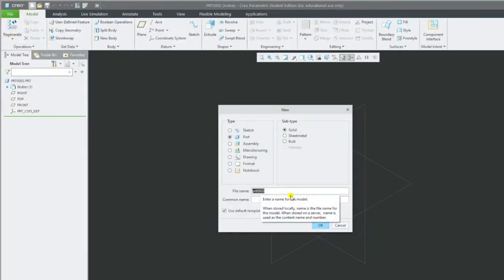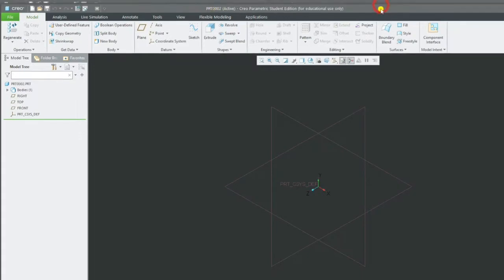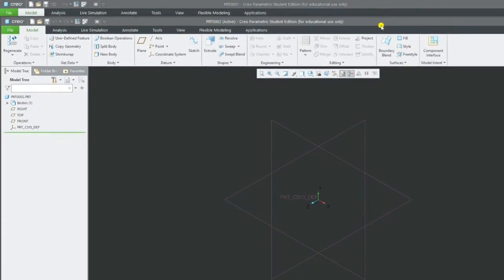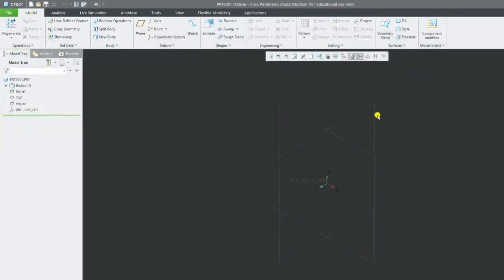So like this, you can open n number of windows. Okay. Clear? You can open n number of windows, and the name whatever we have mentioned will appear here, PRT 002. And you can move this one by clicking on this bar, and you can see that at the back side of this one we have PRT 0001. Okay. Since we don't want that, we can close this also.